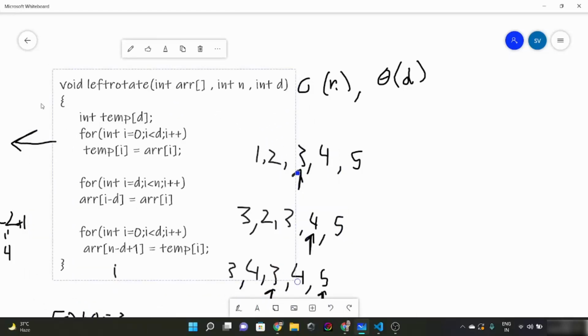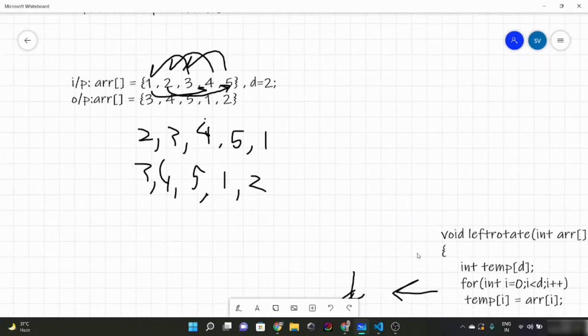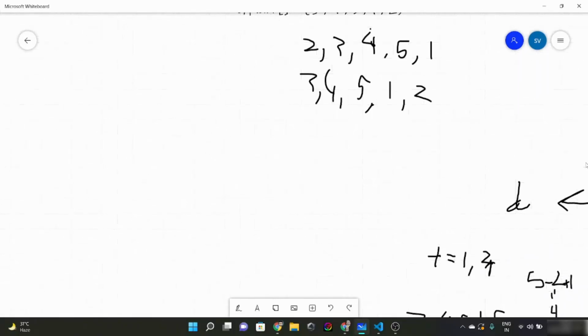Now I hope you have given a try to that question, and I know that the solution which I'm going to tell you is a very observational algorithm. Like, it is not an algorithm, it is just an observation. All right, and I'm pretty sure you might not have found it, and it is all right because this is just an observation. So what we do in this algorithm is,